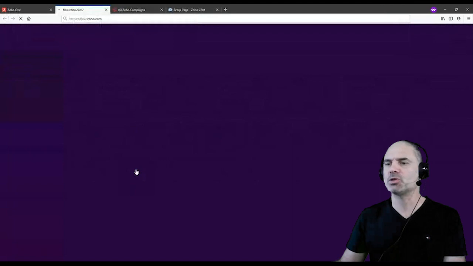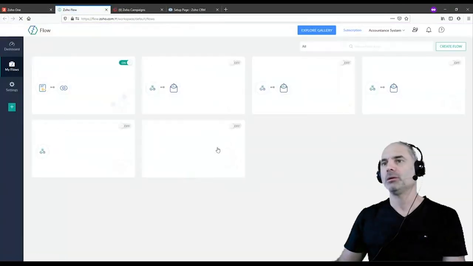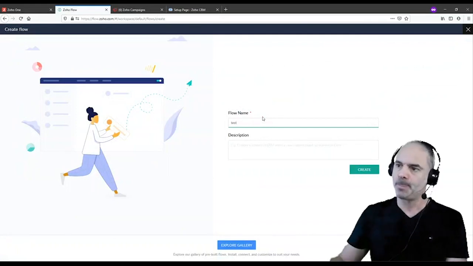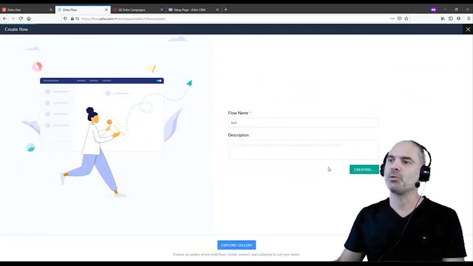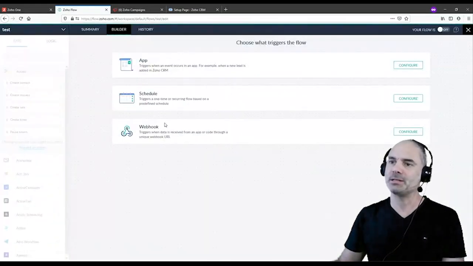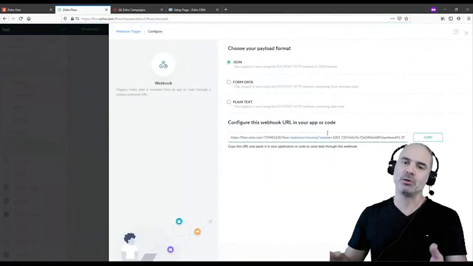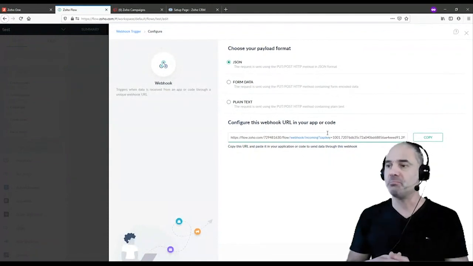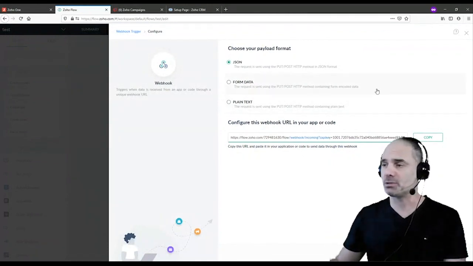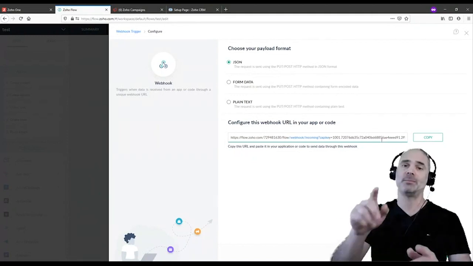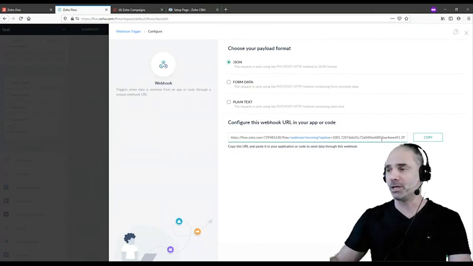Perfect. So you click on ZooFlow. And you can create a new flow, and you can choose a webhook as the mechanism. You see? So you can use a webhook and you can use that. So this is built into your Zoo application. If you want to use Zapier, you can do exactly the same way. You create a webhook and then you can do that.